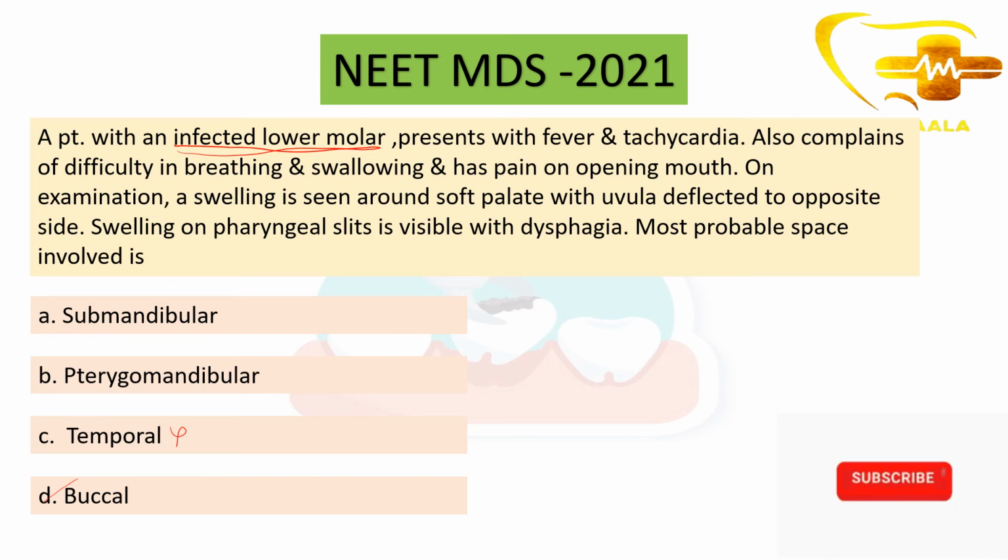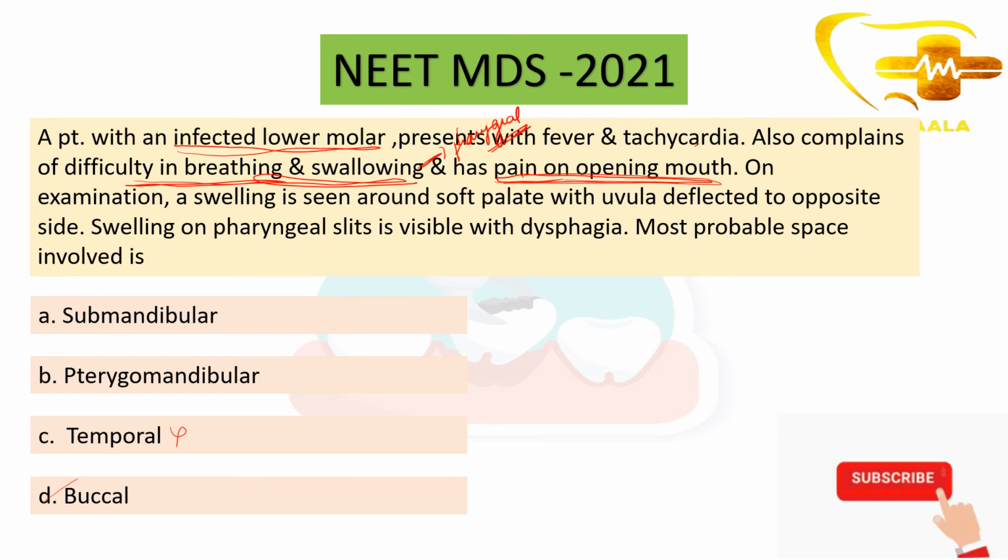Okay, so the presentation with fever and tachycardia, these are not of such importance. Also complaints of difficulty in breathing and swallowing. Okay, and has pain on opening mouth. So when there is difficulty in breathing and swallowing, that means the pharyngeal spaces are involved. Okay, the pharyngeal spaces are involved. Pharyngeal spaces are most commonly involved in pterygomandibular and also in submandibular. Okay,